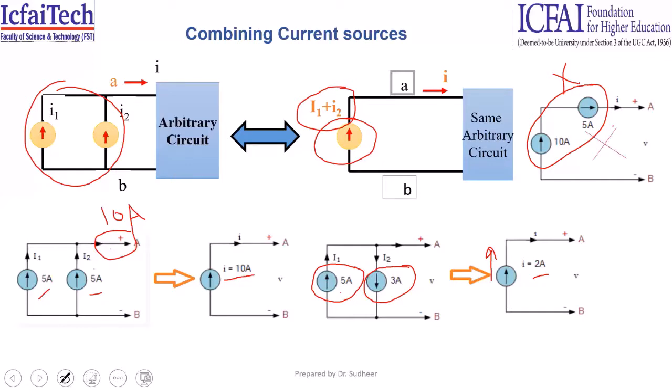Okay, so the summary of the slide is, whenever more than one current source is connected in parallel, we can replace them with an equivalent current source. The equivalent value depends upon the direction of the current sources. If the current direction of both current sources is the same, we will add both current values. If one direction is opposite to the other, we will subtract the currents. And the second point is that we cannot connect two current sources of different magnitude in series to each other.